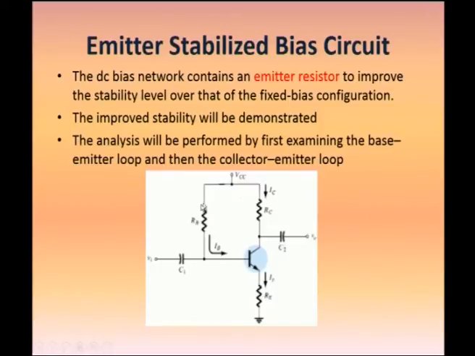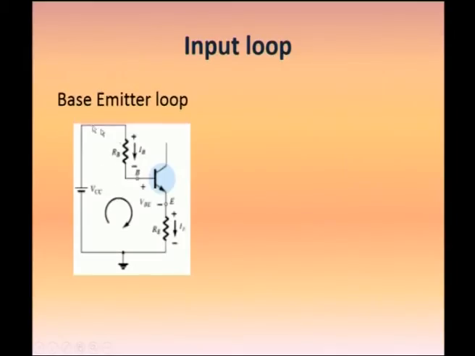So, RB is connected to VCC and the other end of the resistor is connected to the base. Since we are considering only the input loop, we just close the input loop only. Now we apply KVL to this input loop,